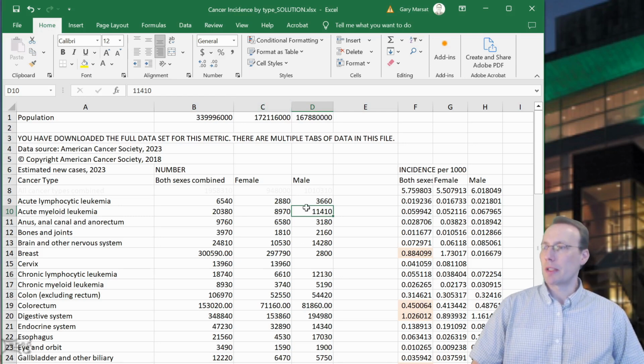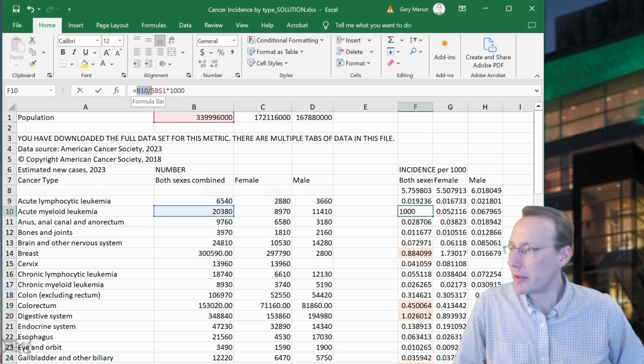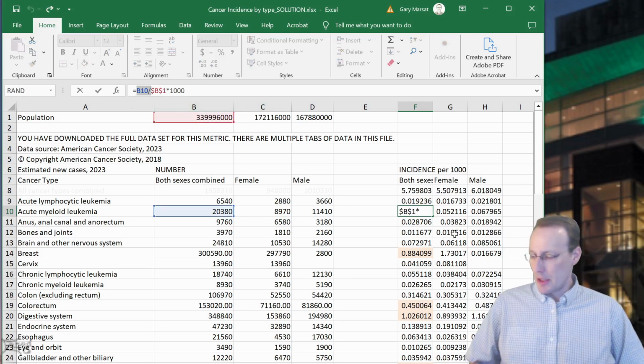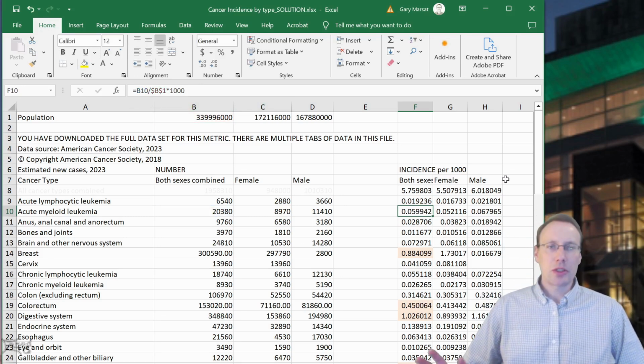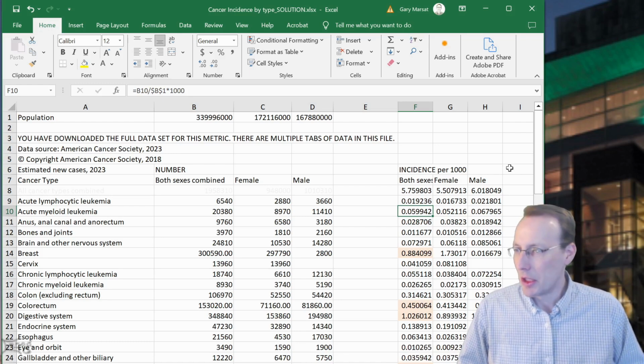And obviously the both sexes combined will be very different, just because we're looking at twice the amount of population. So here I simply have the values divided by the total population times 1,000, and this is not something you had to do. It's just to make my graphs easier to explain or to talk about. Okay,